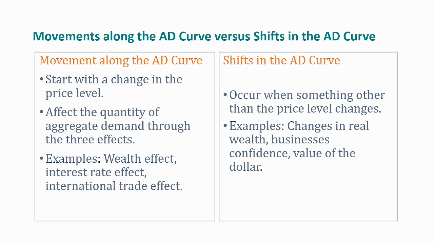If a factor increases aggregate demand with the price level constant, then the demand curve will shift to the right. And if there is any factor that reduces demand with a constant price level, then we